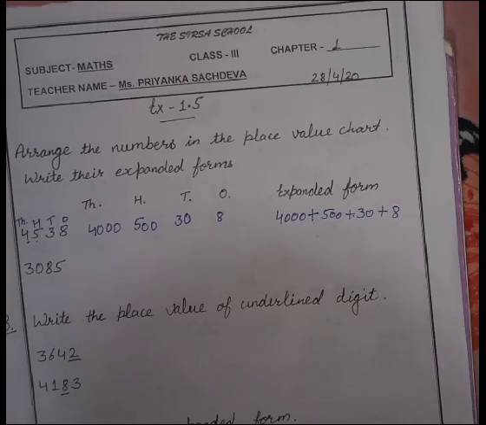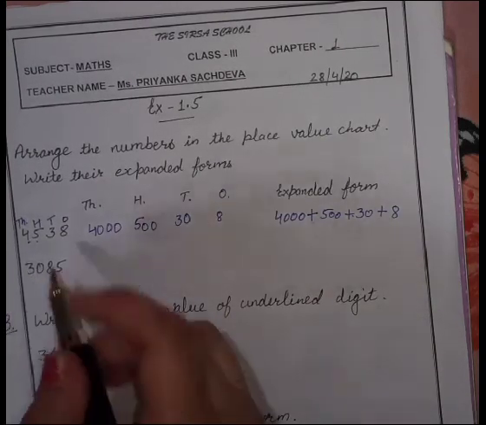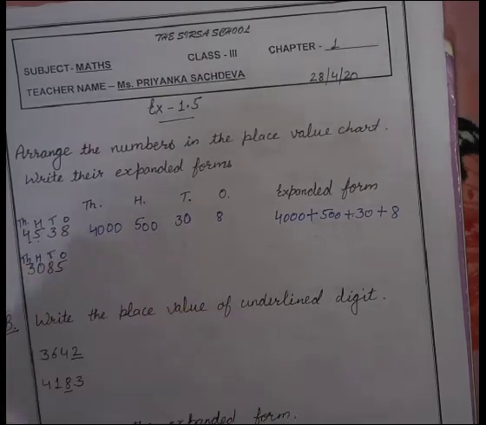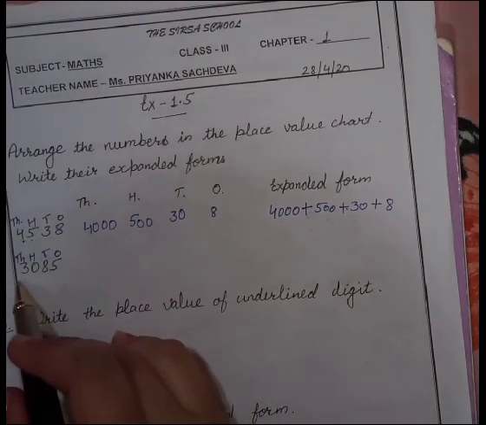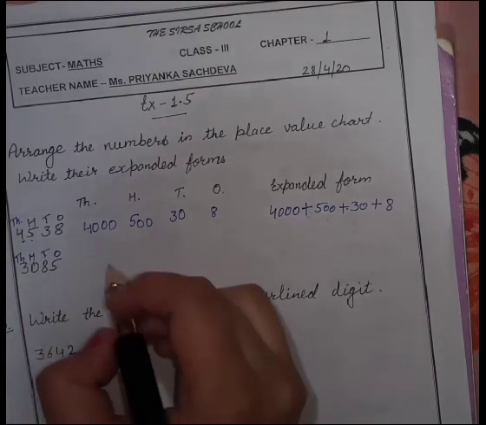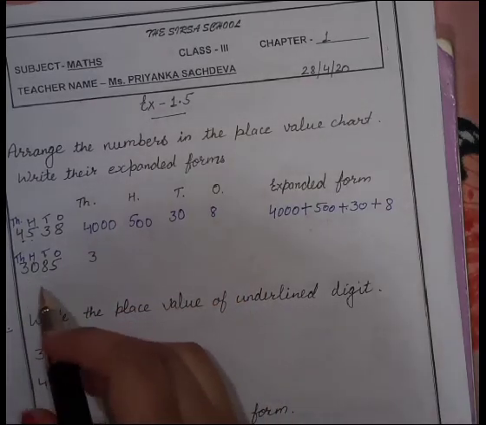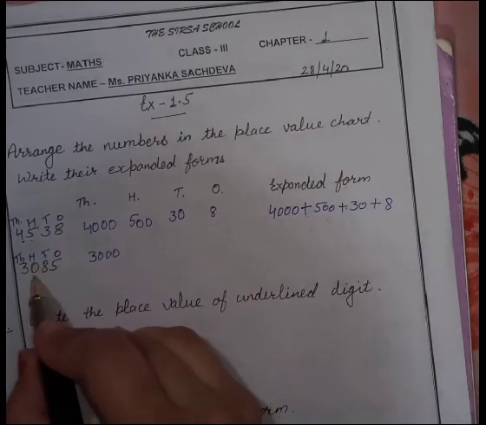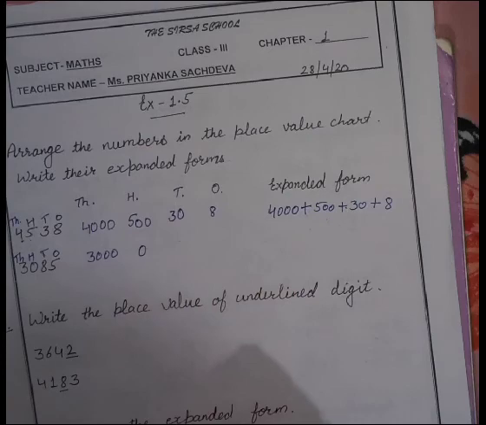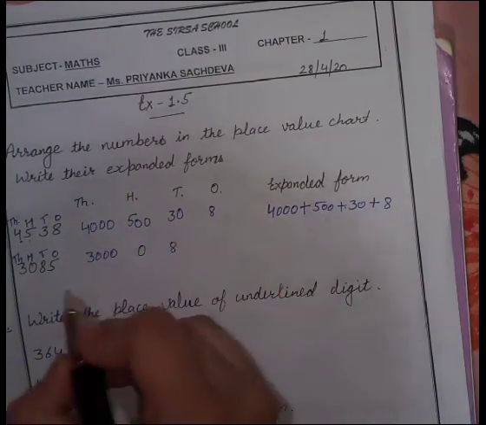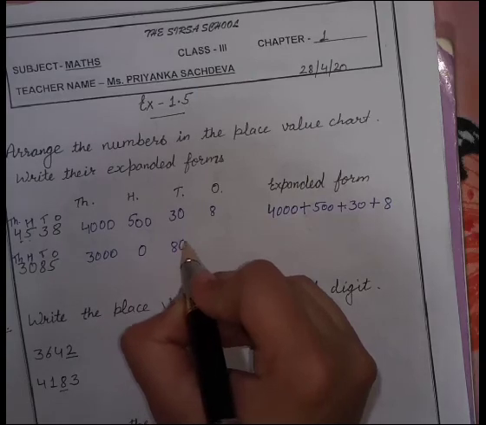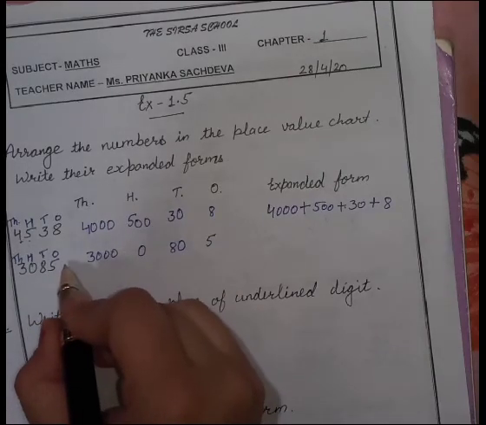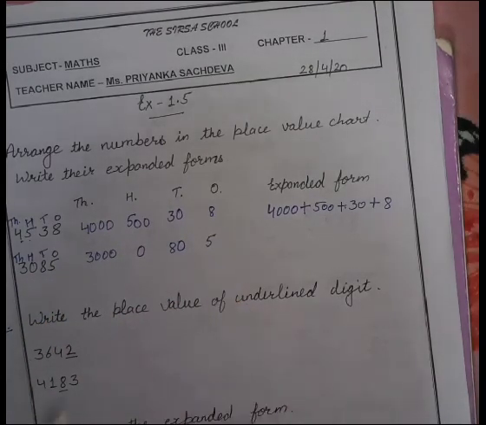Okay, we can try one more example. First of all, check ones, tens, hundreds, and then thousand place. First of all, we will take the thousand place, that is 3. Count the number of digits after this. 1 2 3, 3 zeros. Then on the hundred place 0, we will write only 0. On the tens place 8, and 1 digit is there after this, so we will write 1 0. On the ones place 5, no digit is here after 5, so no 0 will come here.